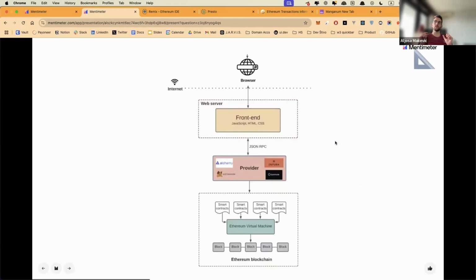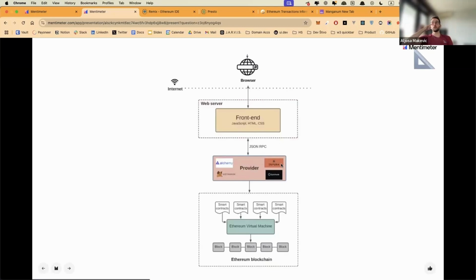But there are these so-called providers, and they give you infrastructure as a service. So they're like, I'm gonna give my own hardware and electricity to help the network survive. And through this JSON RPC, a remote procedure call, I'm gonna let you have access to the chain even though you're not contributing, but I'm gonna bill you some money. And so Alchemy and Infura, that's what they do. They give you access to the chain, but in return, they ask for something else.